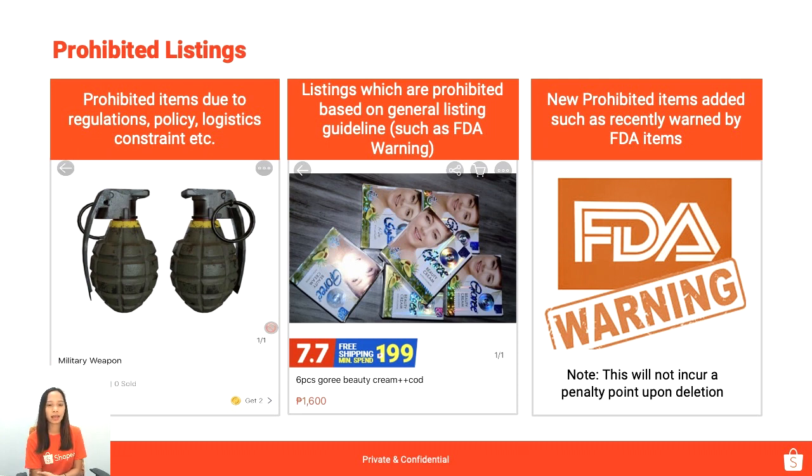So, sumusunod tayo sa FDA, meron silang list na sinusunod natin kung ano yung mga hindi natin pwede ibenta sa platform. And they update it regularly. So, as sellers, it is your job, especially if you are selling fast-moving consumer goods items or FMCG products na i-check yung ating FDA prohibited list. Since if it updates at meron tayong items under that prohibited list, kailangan natin siyang tanggalin because i-delist din siya